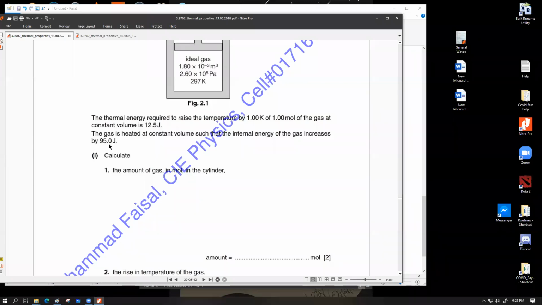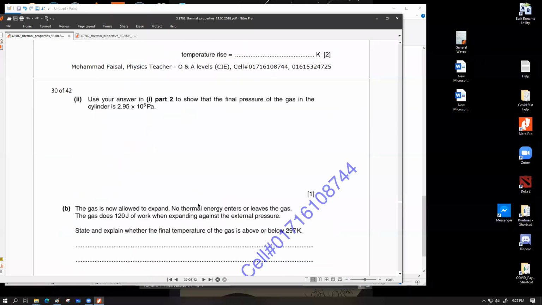Have a look. জি জি। So some students consider that the scenario starting from the beginning, which means before the heat was applied, all the way up to the process of doing the work. As a result, they consider the net amount of energy change would be 95 in, 120 out, so a total of